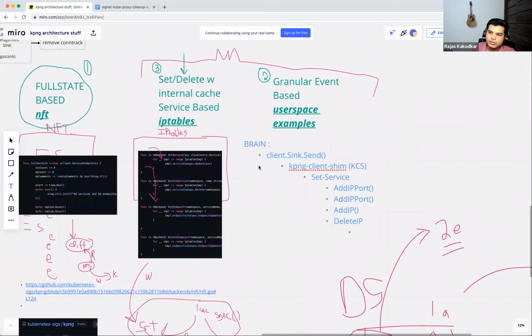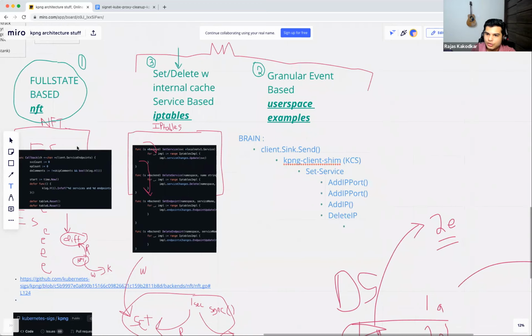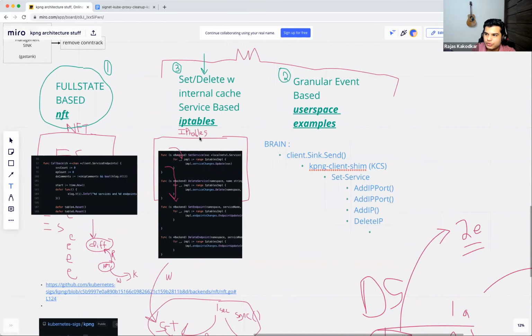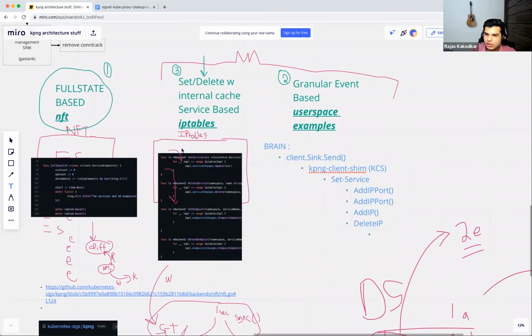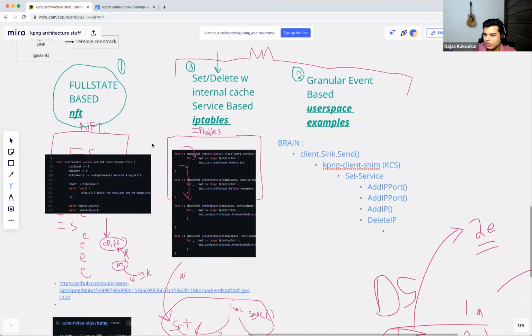Got it. So the entire subsystem changes are what is done in NFT as of now. So are we trying to move the IP tables implementation towards NFT? No, I think I've disrupted enough people with that. It's already confusing enough. It's more like NFT is a demonstration for that. Got it. Cool.